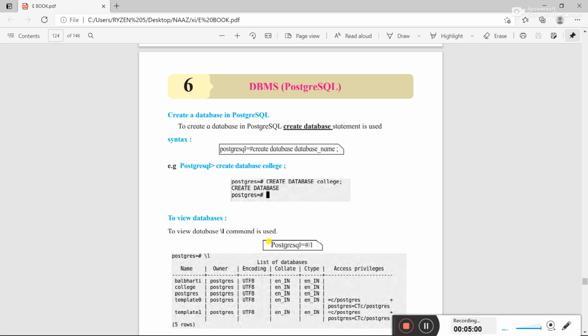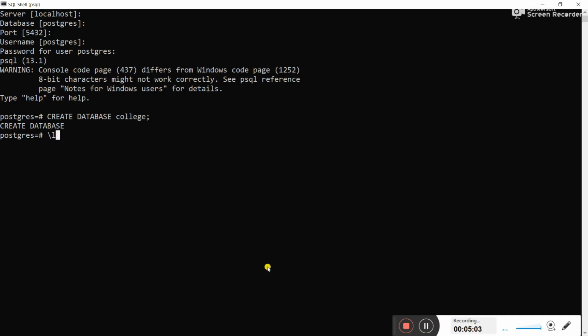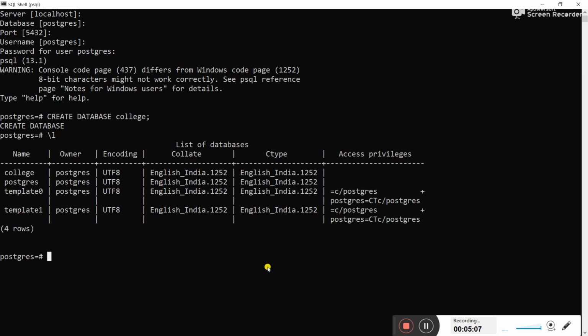How to use the backslash L command? Just write the backslash and L and press enter. When you press enter, it will display the databases which are present in the user Postgres. This is the owner name, that is the username. Postgres is the owner, and these are the database names: college, Postgres, template0, template1.